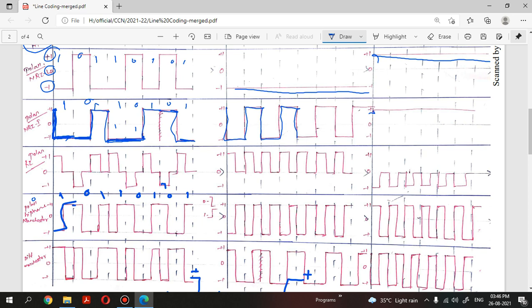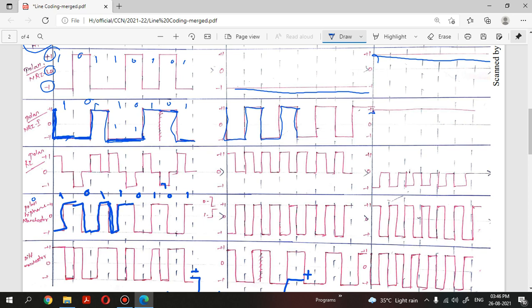And for 0 it has to start from positive to negative, right? And for 1 it has to start from negative to positive. For 1, since it is 1, I need to make an inversion, right? So next bit is 1, it has to be from negative to positive. Right now I am in positive, so I need to make an inversion from here, and I need to make a transition from negative to positive, right?